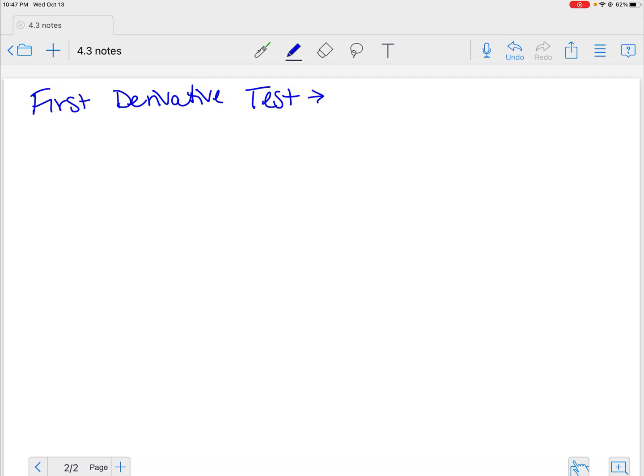Okay, the next thing we're going to look at is the first derivative test. So we use the first derivative test